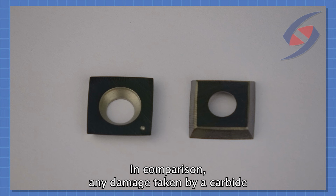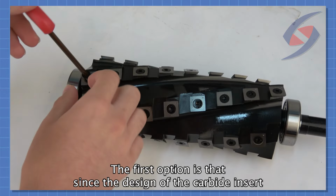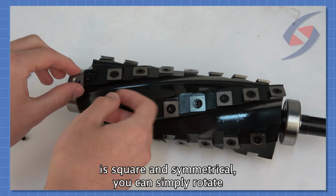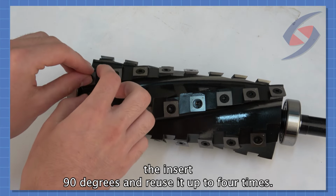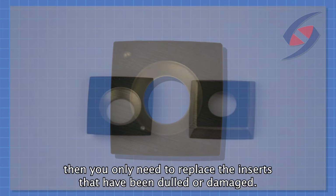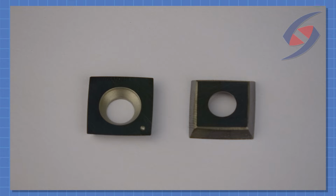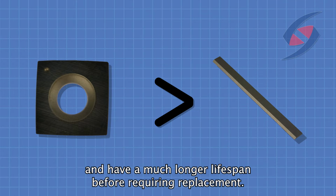In comparison, any damage taken by a carbide insert can be solved in 2 ways. The first option is that since the design of the carbide insert is square and symmetrical, you can simply rotate the insert 90 degrees and reuse it up to 4 times. Each time you rotate it, you use a new cutting face. If you've already used all 4 cutting edges, then you only need to replace the inserts that have been dulled or damaged. The carbide inserts have a far lower price than a straight blade and have a much longer lifespan